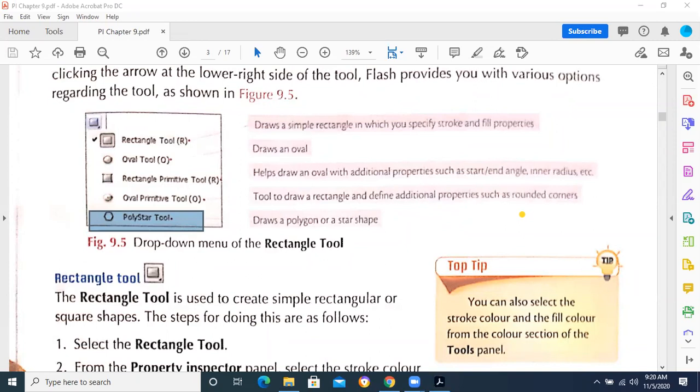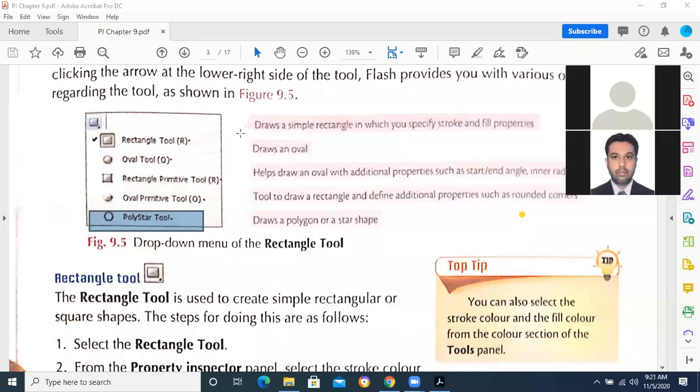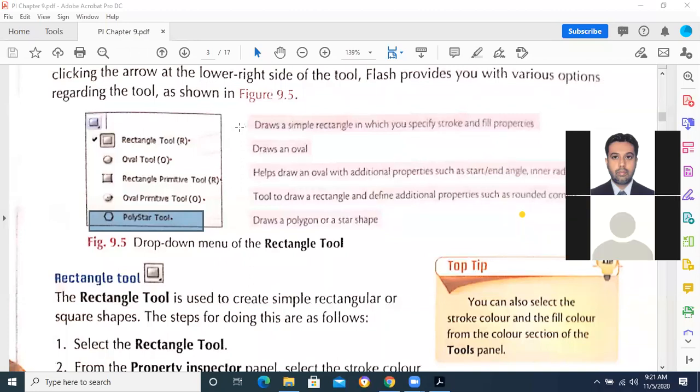Yes, Iman. With the polystar tool, you can create, for example, a hexagon, and then you can add more sides to it. Good. That is called a polygon. Polygon means with multiple sides. Hexa means 6 sides, penta means 5 sides: pentagon 5 sides, hexagon six sides.